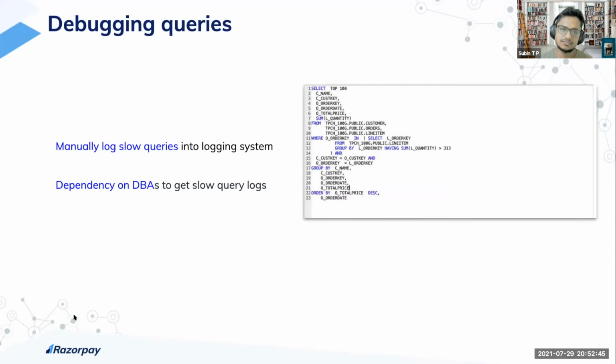Also, if the failure point is on the database, then we might be interested in the queries running on the database. What are the slow queries which are taking too much time? We used to log slow queries to our logging system and search from there. We also logged these slow queries very reactively, and in some cases we had to depend on DBAs to get slow query logs. While debugging an incident, we need to detect and fix the issue very fast, so this was increasing our mean time to detect the issue.